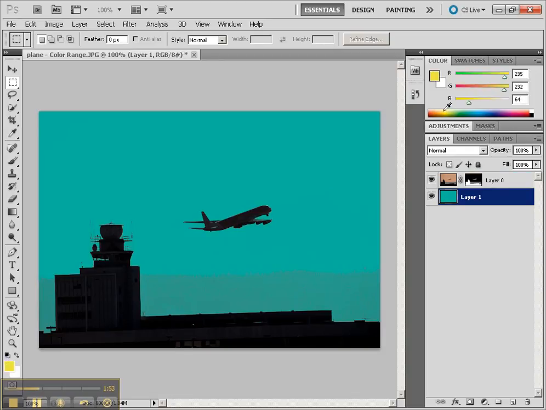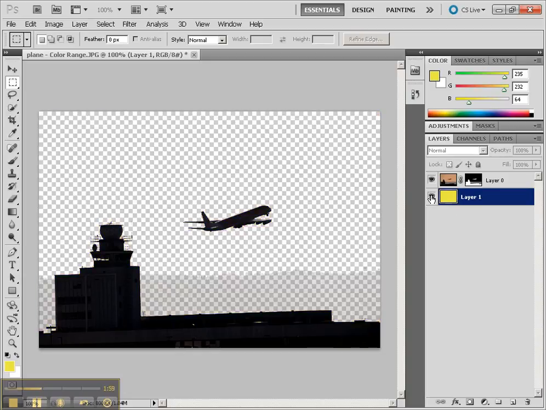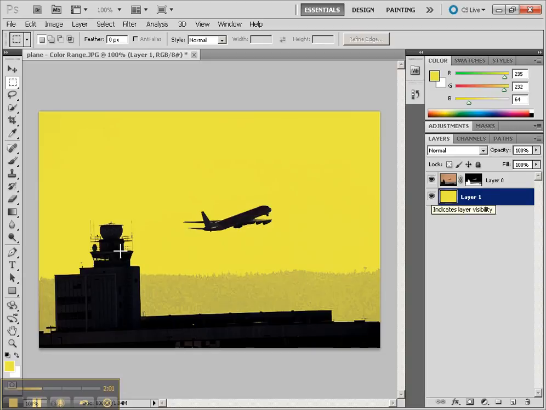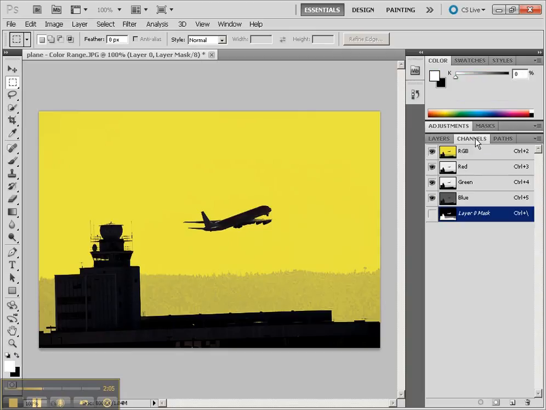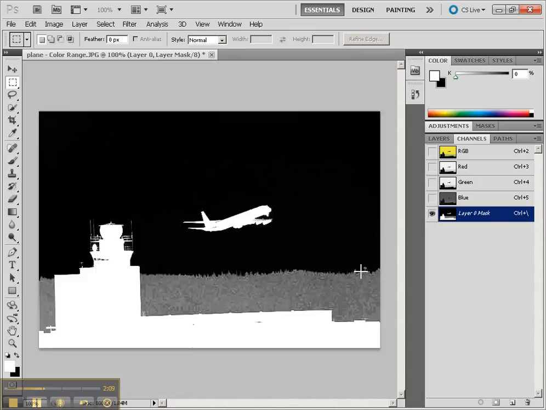So any color that we have back here, you'll see that we've now made a new design by being able to see that mask, the end result. And of course we could get rid of anything else here. Now if we needed to refine this, we would have to go to Channels, go to that quick mask layer, and then we could use our brush tool to fix anything that we might want to fix, such as those areas right there. So I might go to the brush tool and paint a little white just to fill in